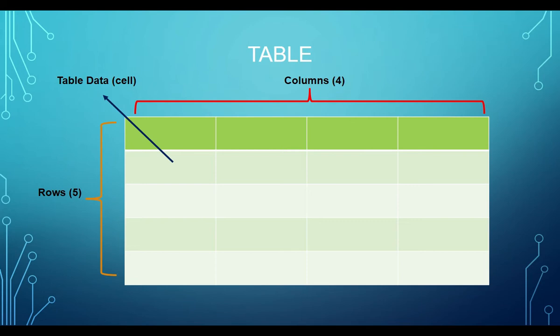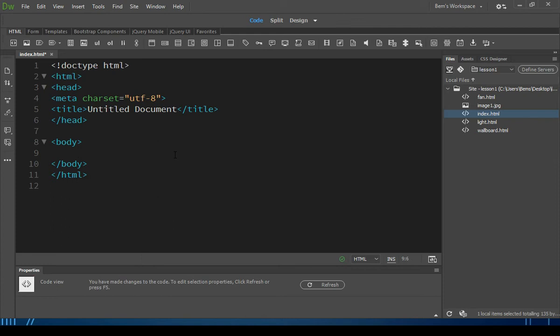To begin writing our own table in HTML, let's open our Dreamweaver and start using the table tags. I have already defined the site that we will use for writing our HTML table. So between the body tags, let's write here table, and then between the table tags, we will write our first row,